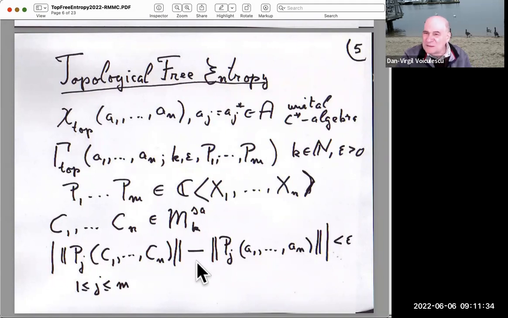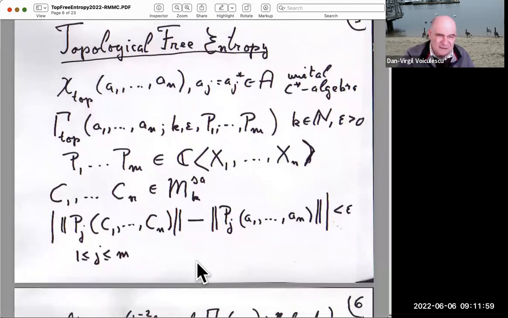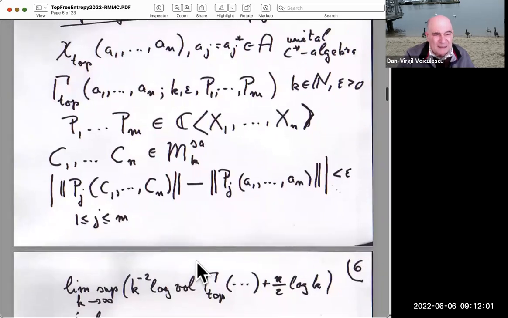It's the same concept. It doesn't lead to something different, because one can always control norms of matrices in this way if one has control over the norms of the polynomials of the entries. So ultimately, there is no gain in putting polynomial matrices instead of polynomials. It's the same concept. And then